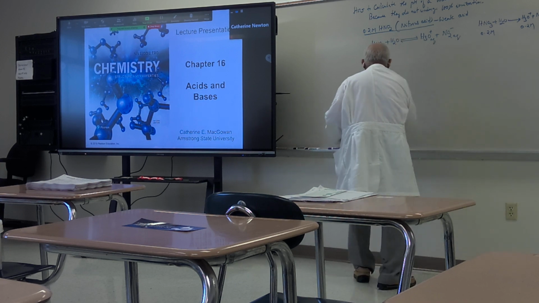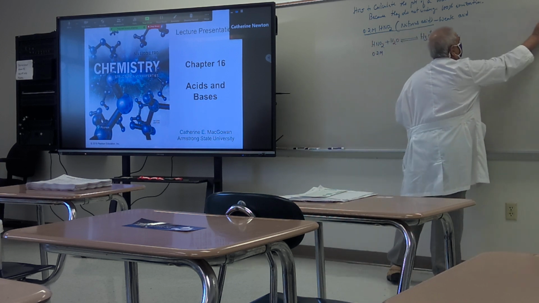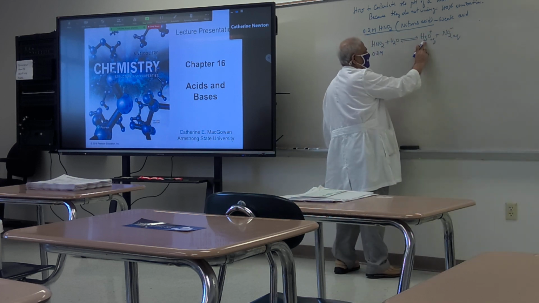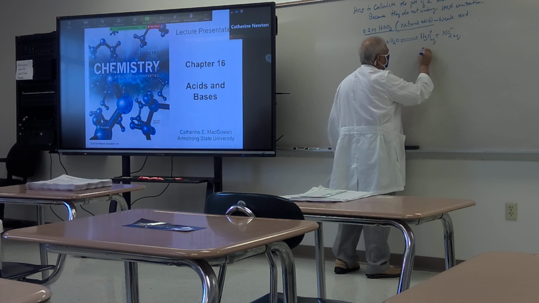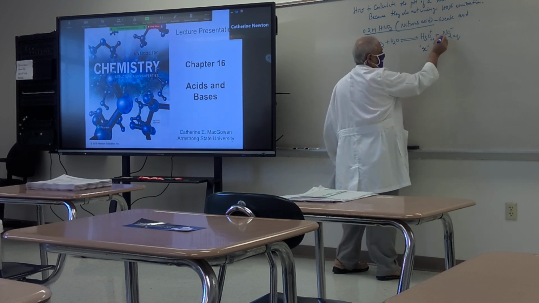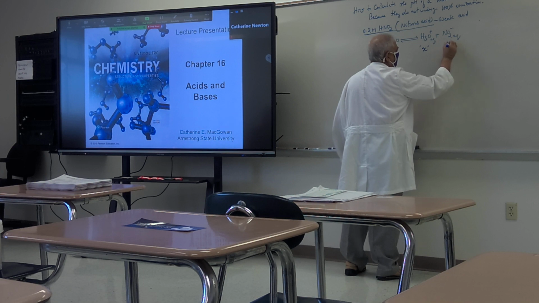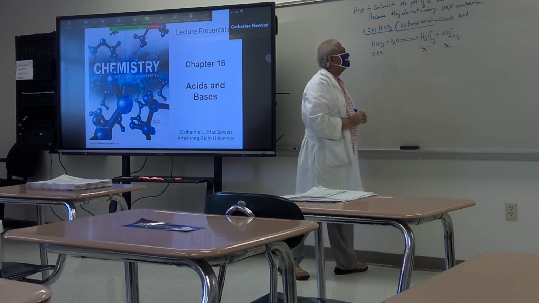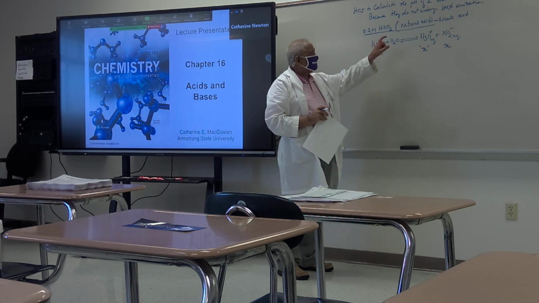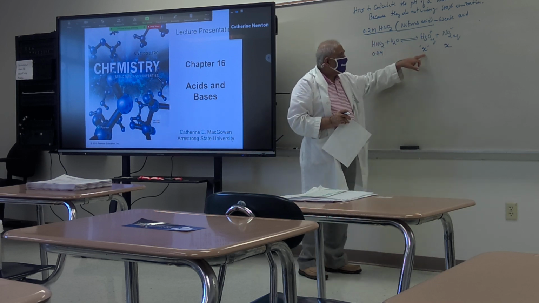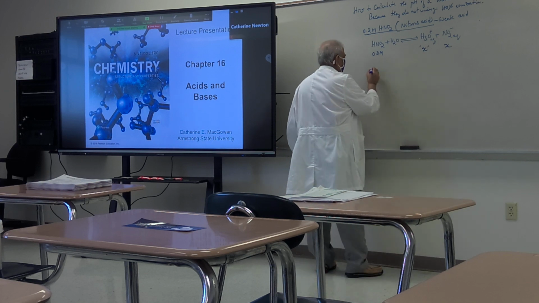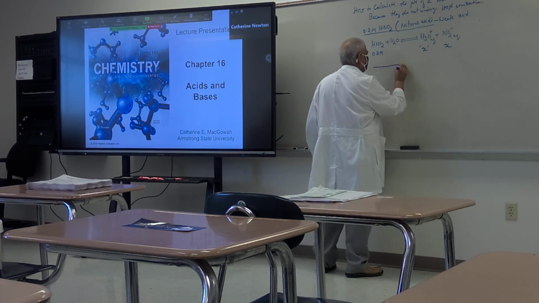But here, unfortunately, this does not undergo 100% ionization. How much of this is there now? You do not know. I am going to put that as X. Okay? How much of this nitrite? X molarity. So, if you want to calculate the pH of the solution, you are supposed to know the value of X. How will you do that? You have to go back to your chemical equilibrium chapter.